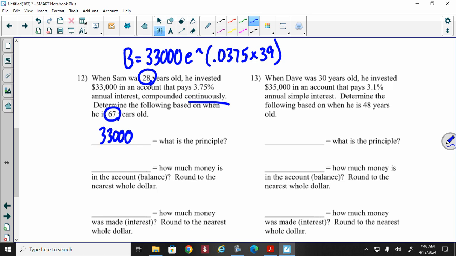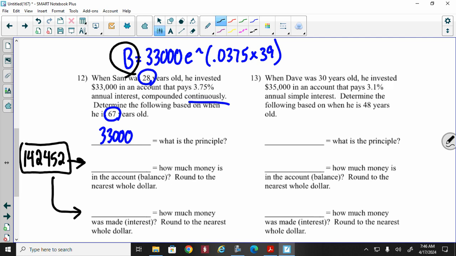Remember, you will be having your formula sheets, so a lot of the guesswork should be taken away. All right, so my calculator gives me 142,452. Okay, there we go. Big number. It's okay. Is that the balance or is that the interest? Well, again, eyeball test. The formula started with a B, balance. So obviously it's going to be my balance. 142,452. Now again, I started with 33,000. I now have